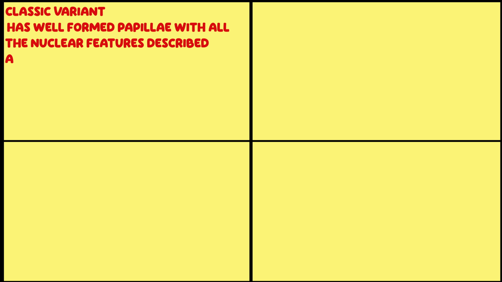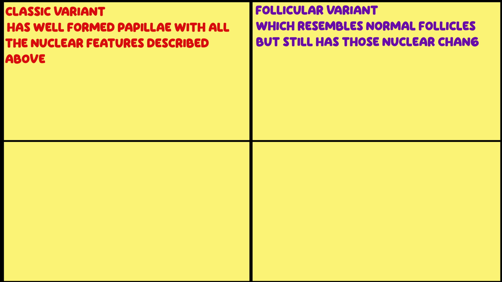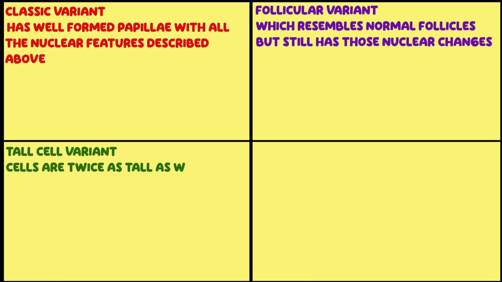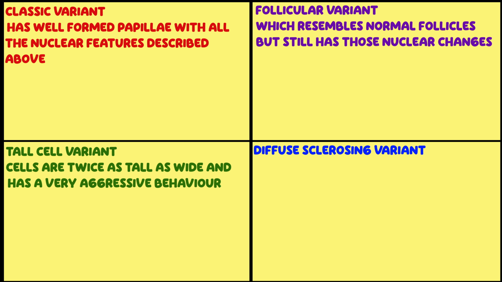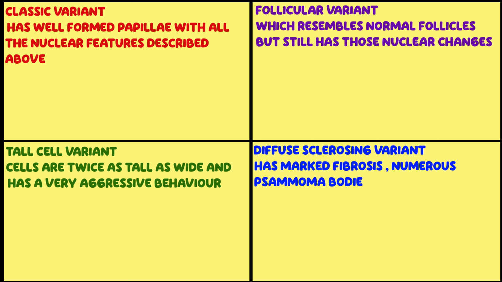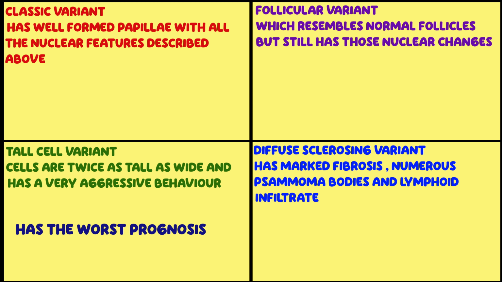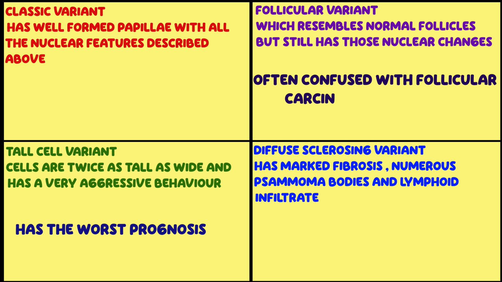There are high-yield variants which you must know, like the classic variant, which has well-formed papillae with all the nuclear features described above. Follicular variant, which resembles normal follicles but still has those nuclear changes. Tall cell variant, cells are twice as tall as wide. It has a very aggressive behavior. And diffuse sclerosing variant, which has marked fibrosis, numerous Psammoma bodies, and lymphoid infiltrate. So the tall cell variant has the worst prognosis, whereas follicular variant is often confused with follicular carcinoma, but nuclear